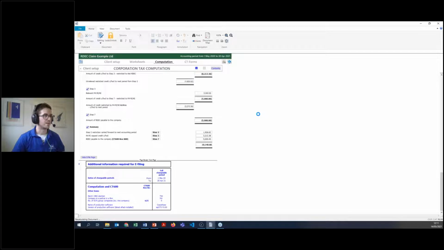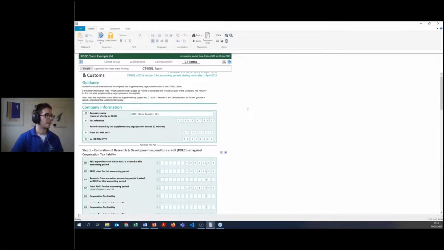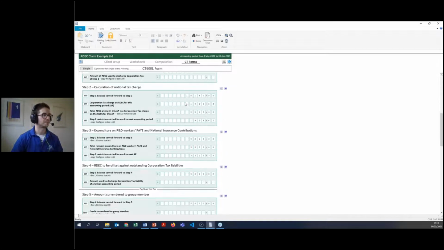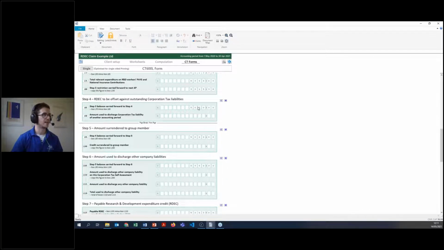So if I go over to the forms, we should see the PDF come through, and we'll see that the PDF has been much more substantially populated because the RDEC claim occupies the majority of the form. So yeah, my restriction here